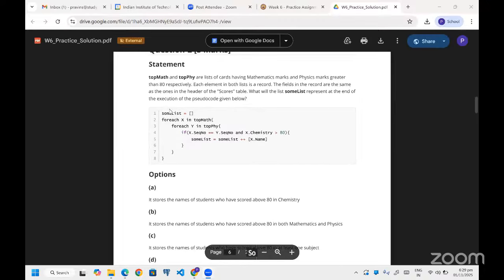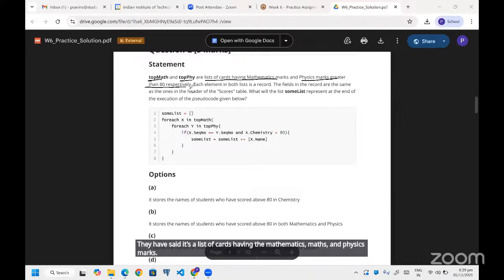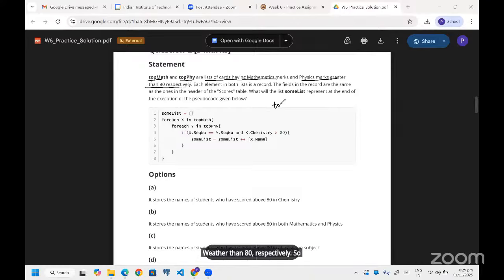So next question, again based on the cards data set, and it has top math and top physics. They have said it's a list of cards having the mathematics marks and physics marks greater than 80 respectively. So assume that it has a list, so it is having marks greater than 80, so it could be anything greater than 80.